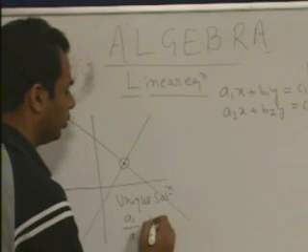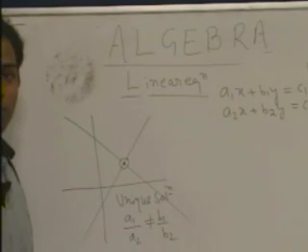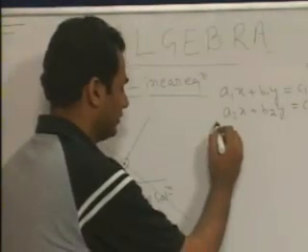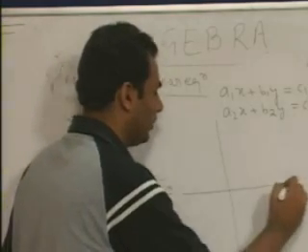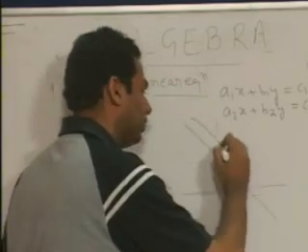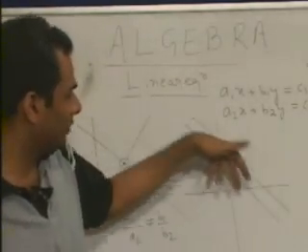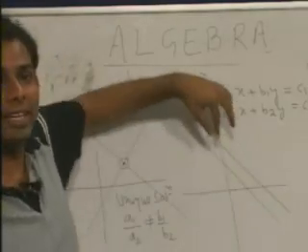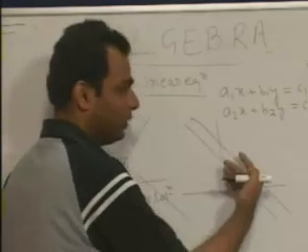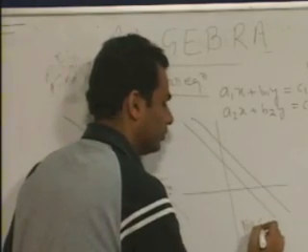A1 by A2 is not equal to B1 by B2. Okay. Now, the other possibility is, since we are plotting the graph, it is quite possible that both the graphs are parallel to each other. If both the graphs are parallel to each other and are not intersecting at any point, you will not get any common solution. So, this is the case when both the lines are parallel and you are getting no solution.